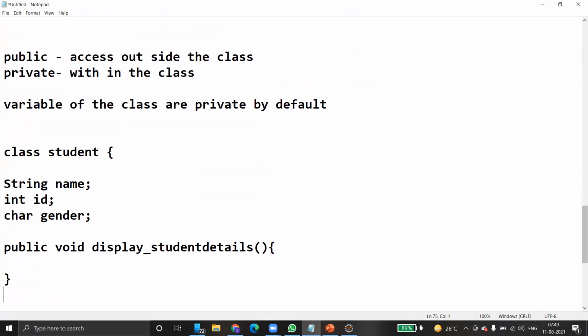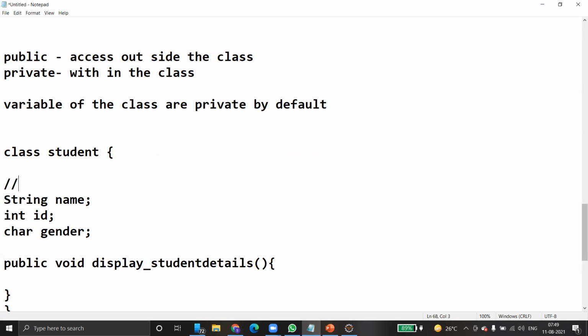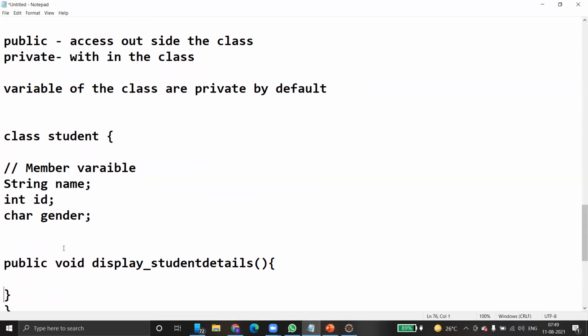Done, class created. See, these variables, string name, ID, and gender, are called member variables. Please remember this. Whatever functions we define inside a class are called member functions. Member variables and member functions.